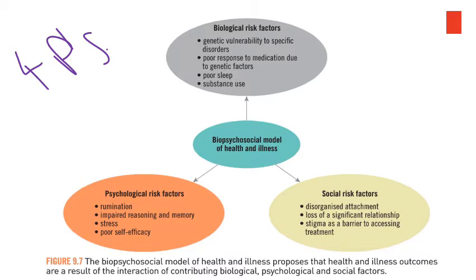Now, we have to understand that mental health and mental illness or disorders are best understood by considering how specific factors from within each domain interact and cause illness. And that also helps us to treat those illnesses as well. So in these 3 dot points, we're looking at how all of these things combine and interact to allow us to understand illness a little bit better. Now, each of the risk factors that I will be presenting to you will also fall under some of the 3Ps: predisposing, perpetuating, and precipitating risk factors.